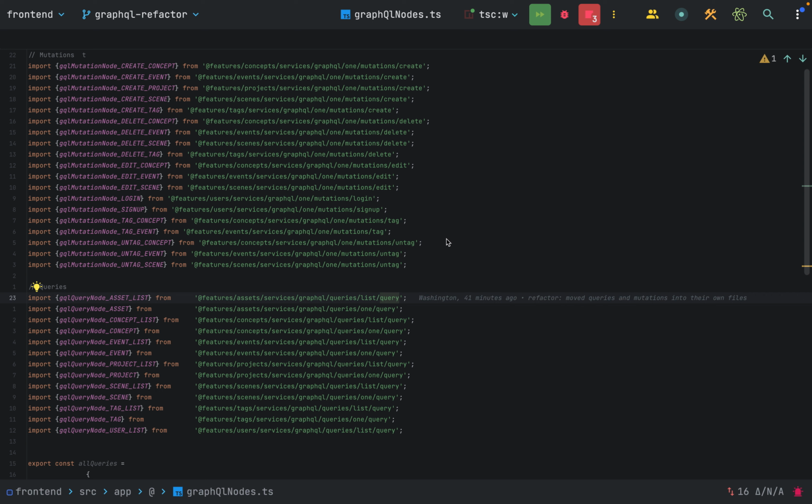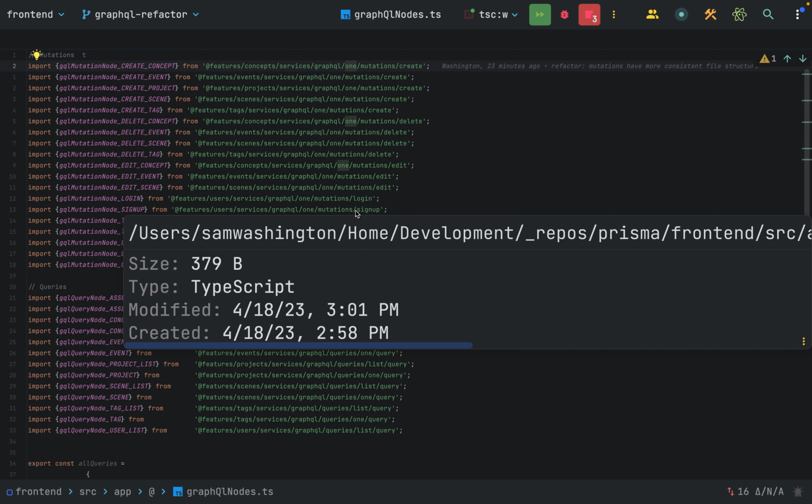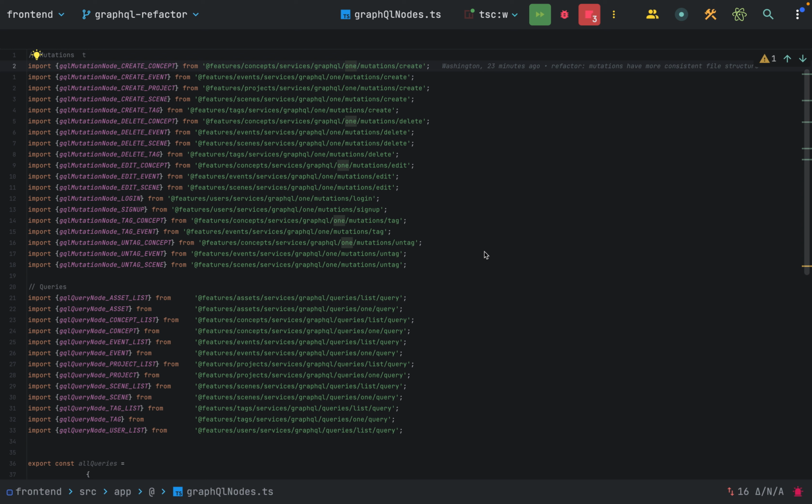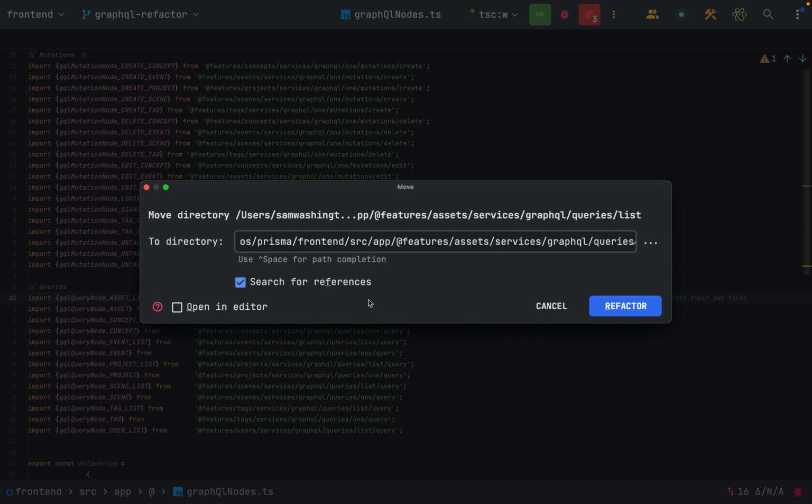Right now the mutations and queries are in separate folders, but I have them structured with the implication that each GraphQL folder in the services of each entity type would have one or list to refer to the amount or kind of entity, sub-entity type that we're mutating. But that's not consistent with the way that I'm approaching the queries, where I have the list or one in the queries. So instead of doing it this way, I am going to just move this list folder into,